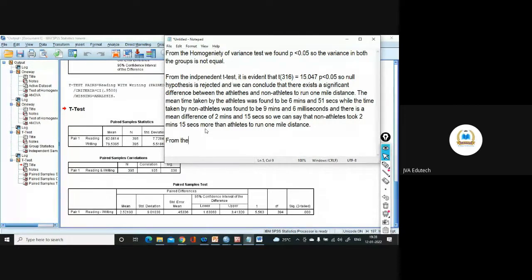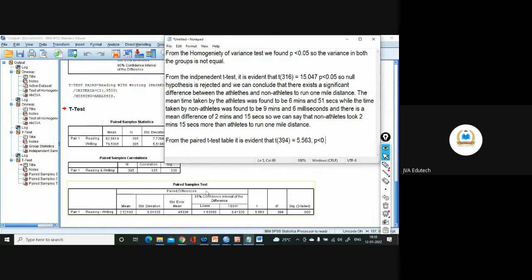On the paired test, t at the degrees of freedom, here 394, equal to 5.563, at this p is less than 0.05.